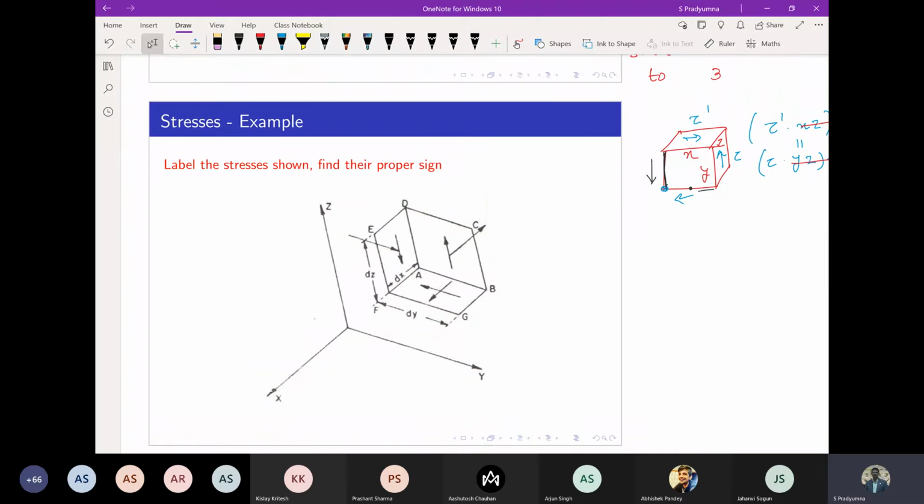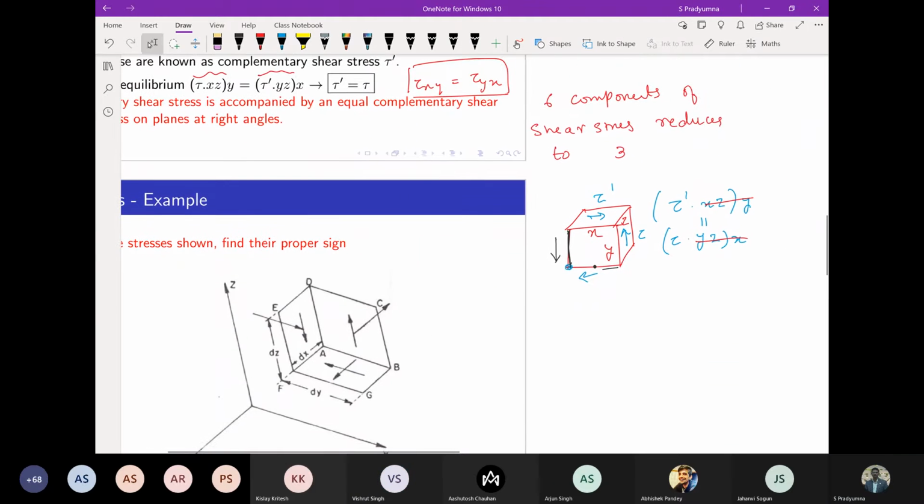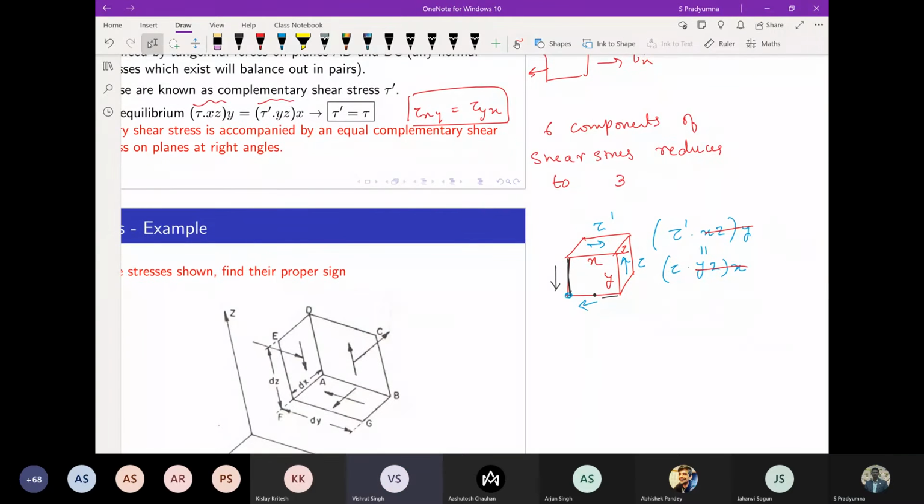So this is actually a cube. Can you please explain the equilibrium equation again, along with the vector notation? This one: tau into xz in y cap direction is equal to tau dash into yz in x cap direction. Yeah. Here, if I want to write it again,